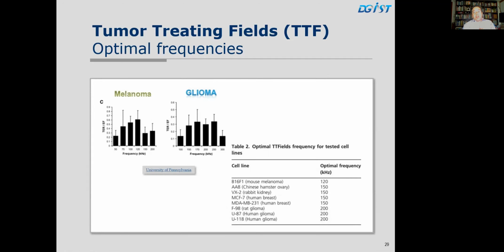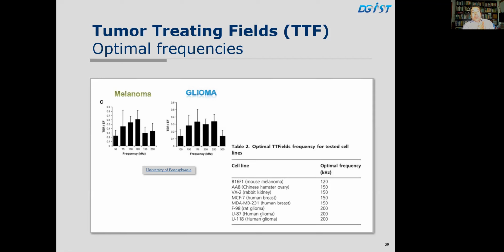So tumor treating fields are various frequencies of electromagnetic fields that have been shown in some animal models, not used yet in humans, but there's been some shown that some low frequency electromagnetic waves can treat some of these cancers as we described. Melanoma is one of them, with the optimal frequency being 120 kilohertz. Glioma with the optimal frequency being 170 or 250 kilohertz. So the tumor treating fields, we call them TTF, electromagnetic fields delivered in the region of the tumor, are of various frequencies.